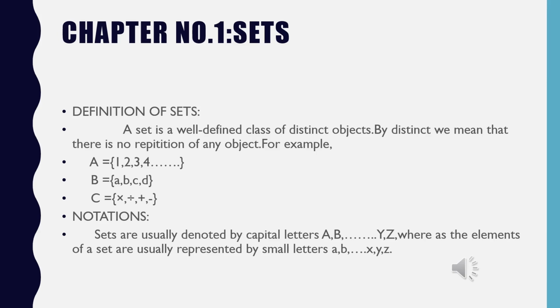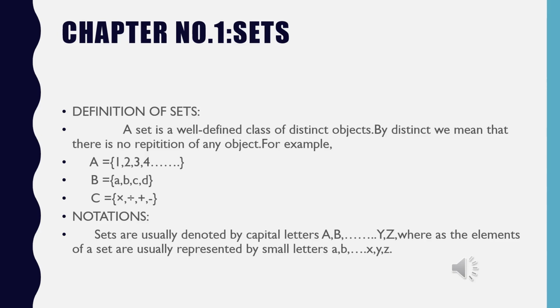Now second is the tabular form. This tabular form is represented by all the numbers present in the set, and we will write this as set A is equal to curly bracket 1, 2, 3, 4 and 5. So this is called the tabular method, which is represented by the numbers itself.